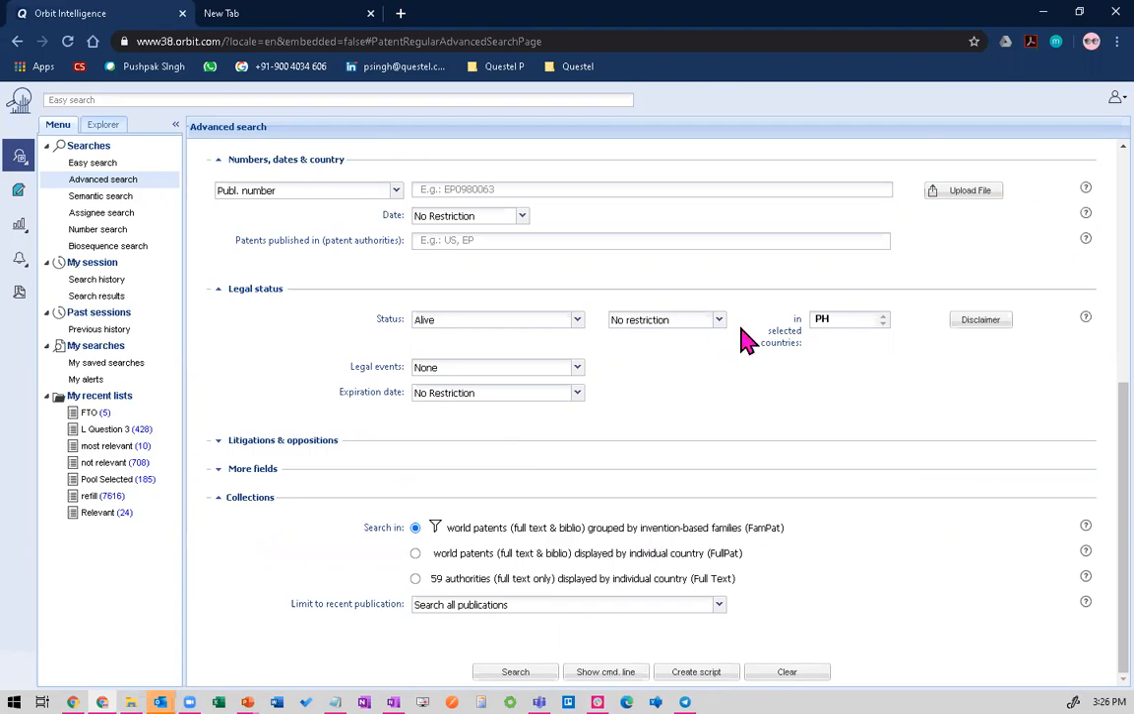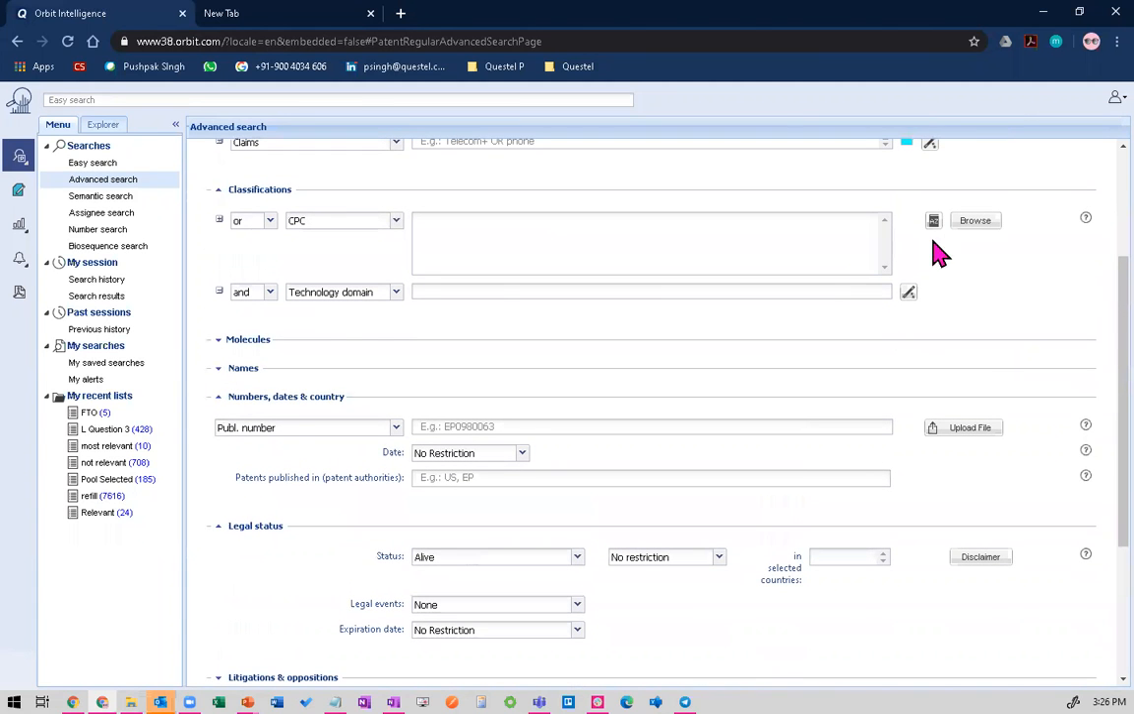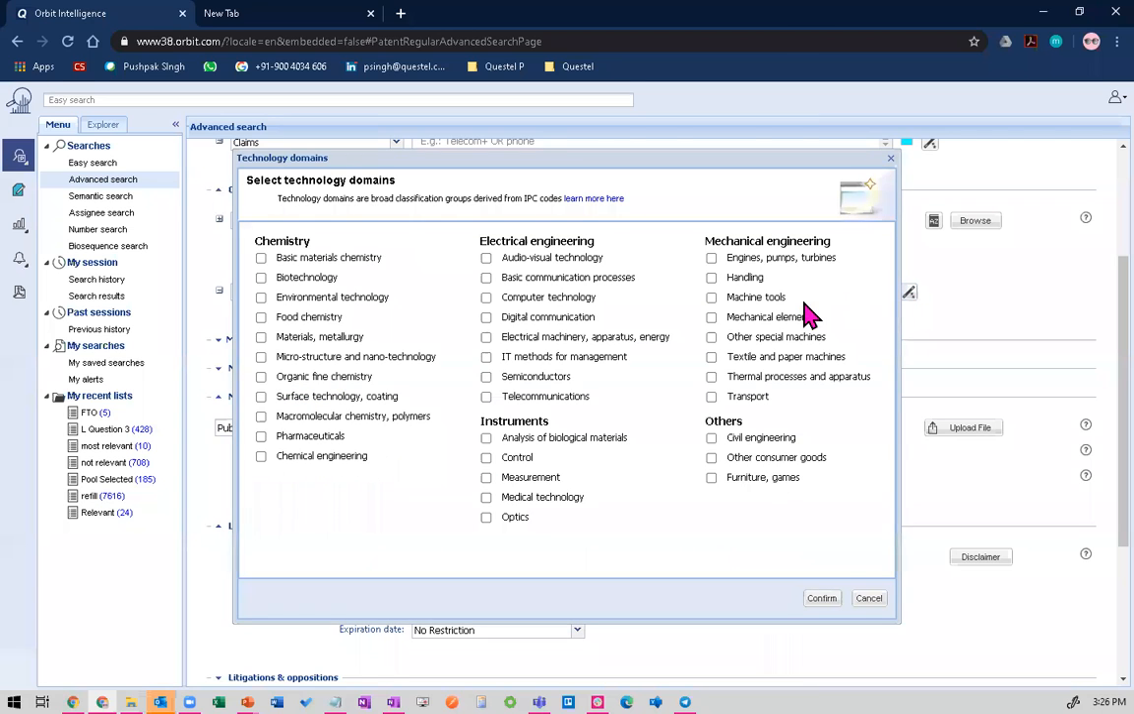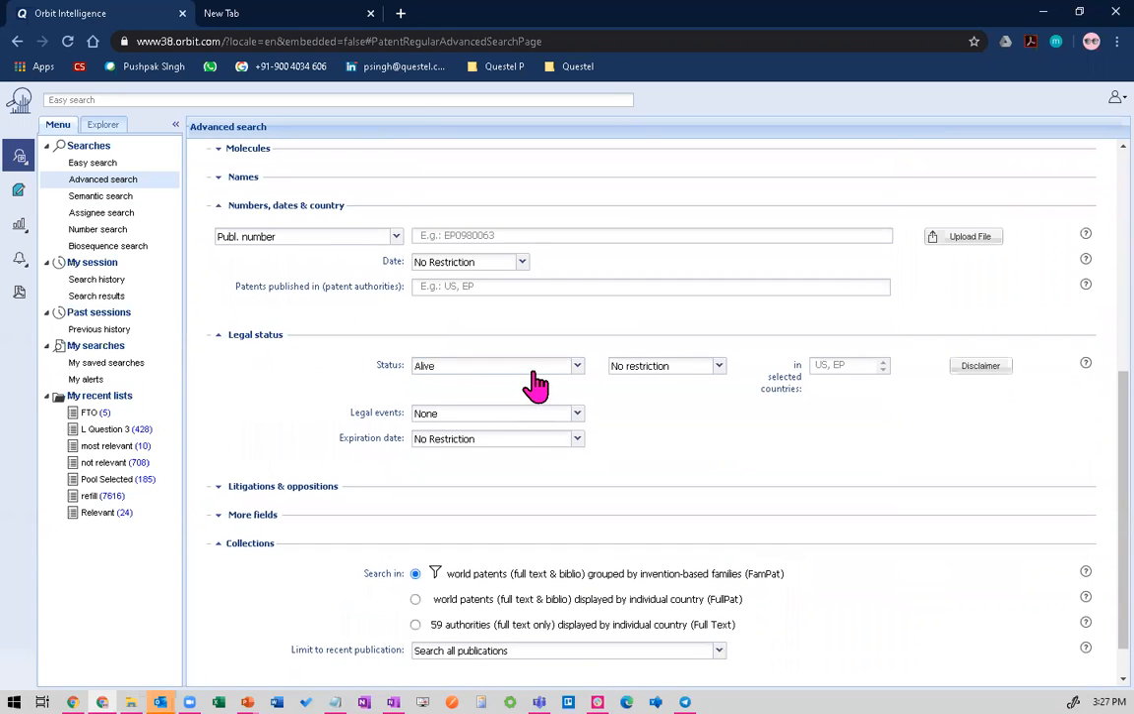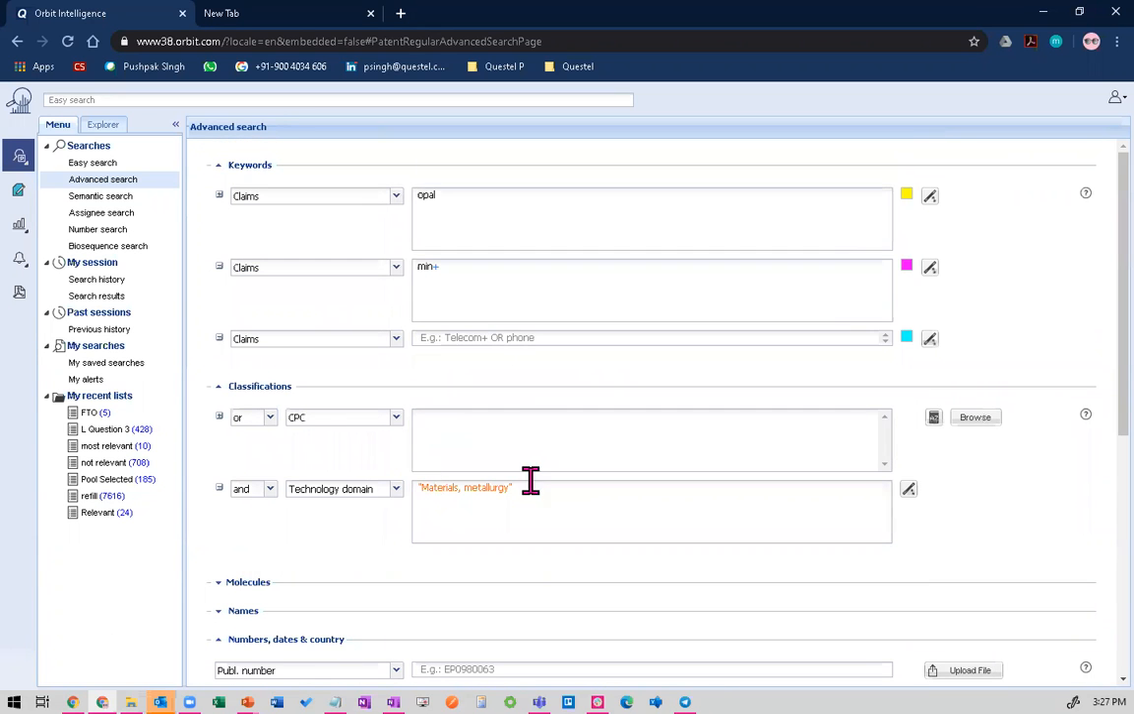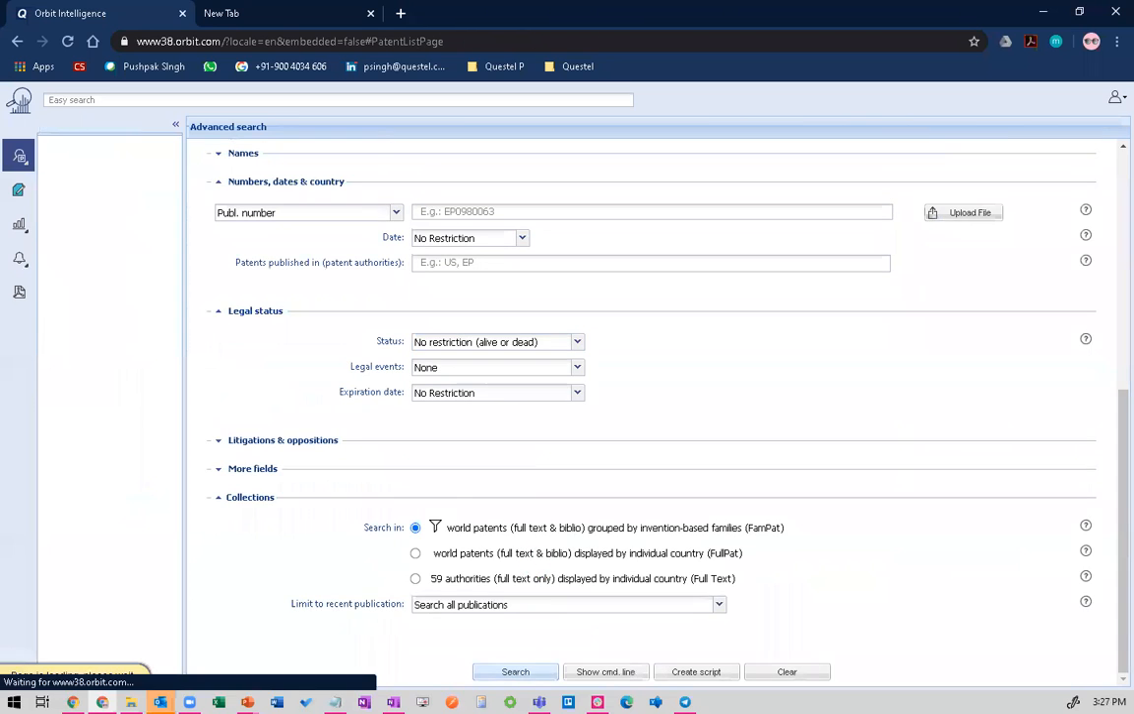Now comes the question: how can I limit, and what is the difference? How can I choose a technology domain? So technology domain is present in classification. In classification, you can click on technology domain and choose, I'm looking for heavy machine, or a specific mining technology, or metal and metallurgy. And the patents will be limited to that specific technology domain. Let's limit our search results with no restrictions and choose material and metallurgy for this specific set of keywords